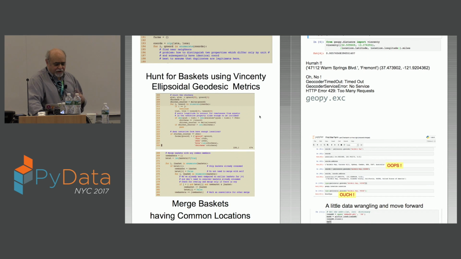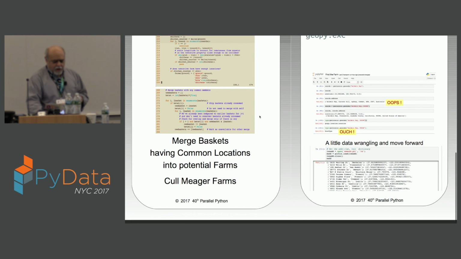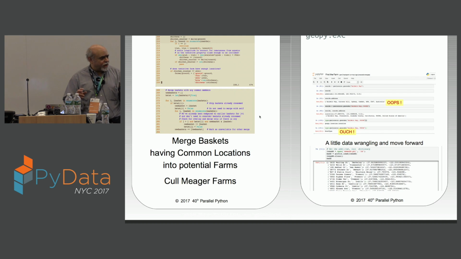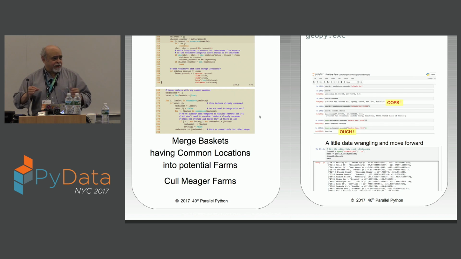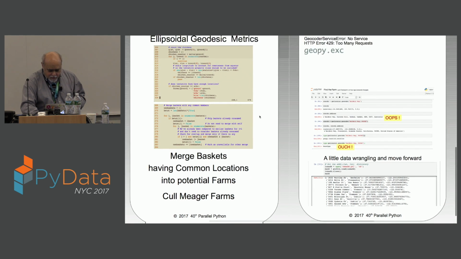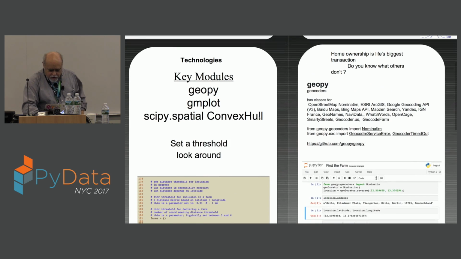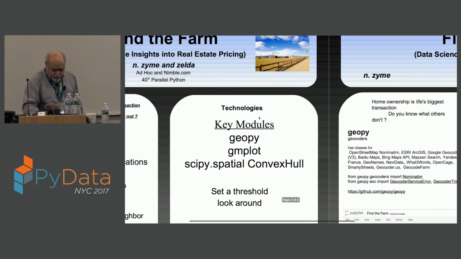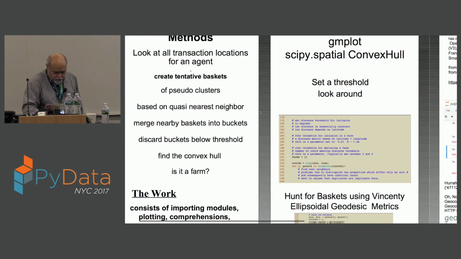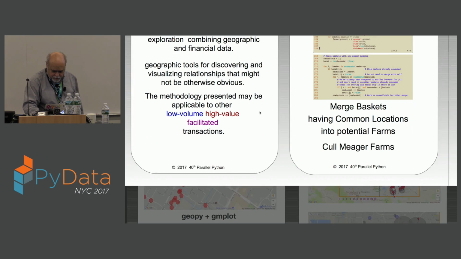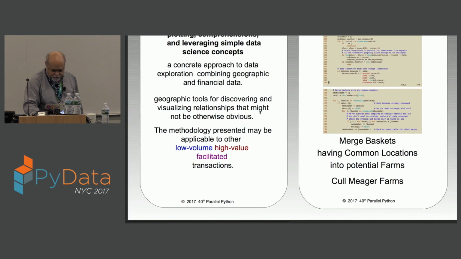And we're going to use this Vicente mathematics. I have a picture of this later on. And we're going to merge these kind of baskets together. We're going to have putative points that seem to be close enough to be interesting. And then we're going to see how much overlap there is between those points and munge them all together, okay? And let's see, we'll take advantage, oops, here we go. So those are the modules. Well, this is kind of interesting how this works. Go sideways or forwards, here we go.